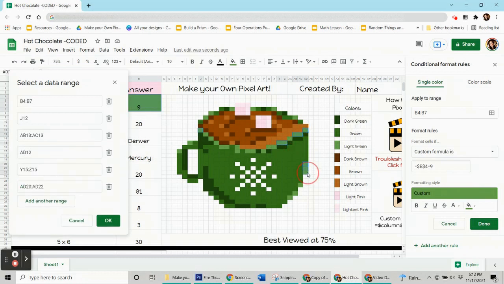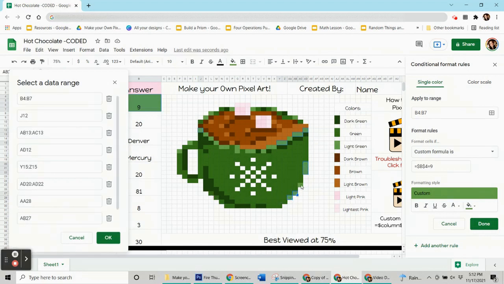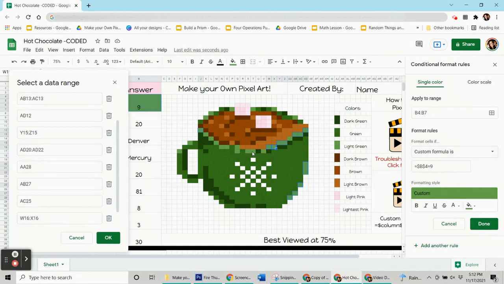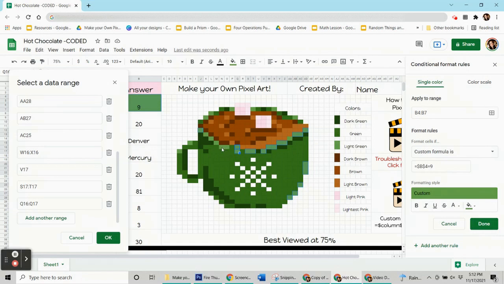I don't have to select all of them because I have 8 colors and 9 questions, which means if I do 1 color per question, I'll finish my cocoa with 1 question to go. So I do need to split up one of the colors, which means not select them all, but I think